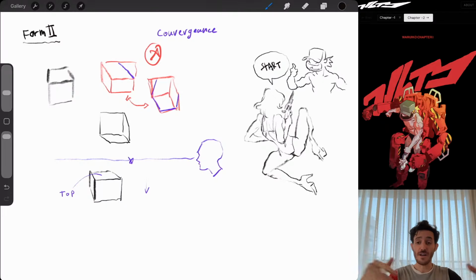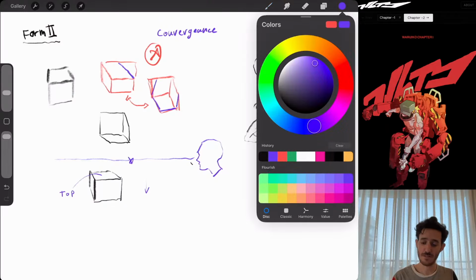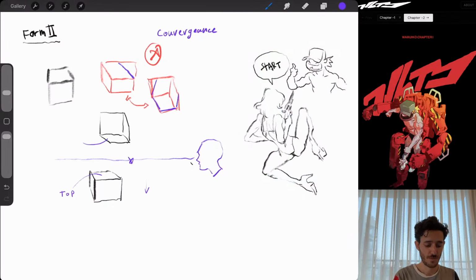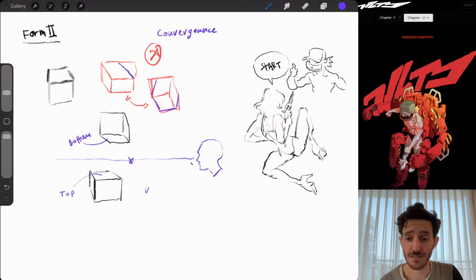So from now on, anything that you draw, you can think about this horizon line and ask yourself, is it on top of the horizon or under? Now, why am I talking about the horizon? Because these mistakes right here